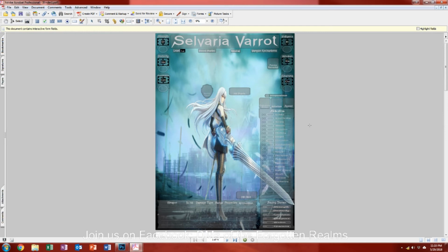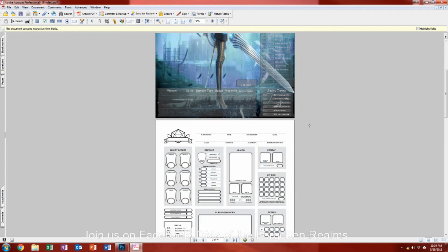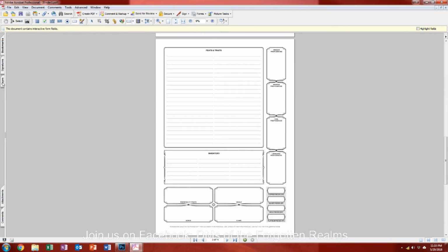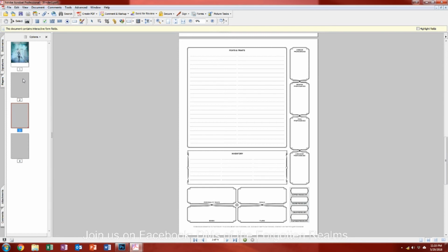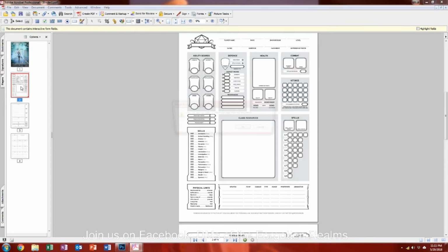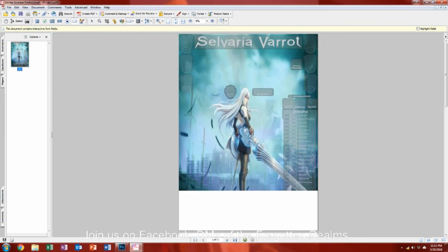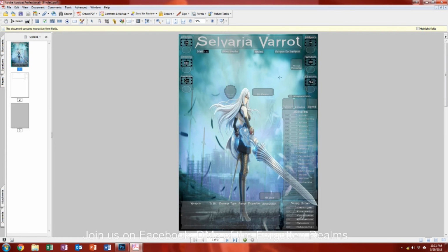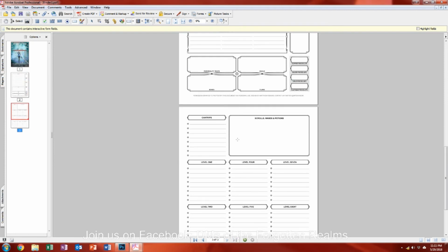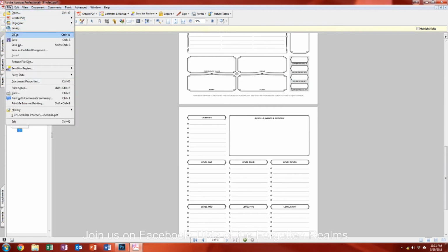Alright, so now what I have is a PDF that's got my first page and the other pages. You don't really need the first page of the character sheet, this one right here, because you pulled all the boxes from here and put it up on there. So that one's a waste. Just select it over here, hit delete, delete that page from the document. Now you have your custom page 1 attached to the character sheet's page 2 and page 3. So you take that,